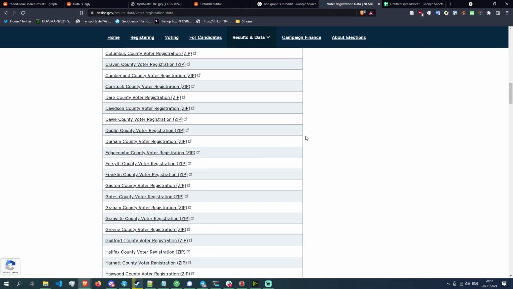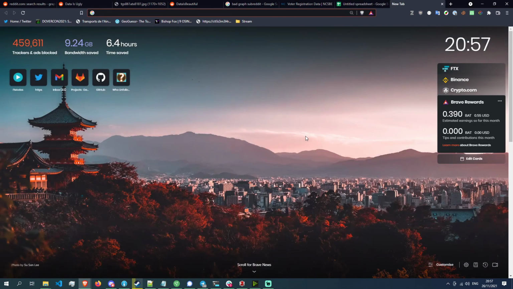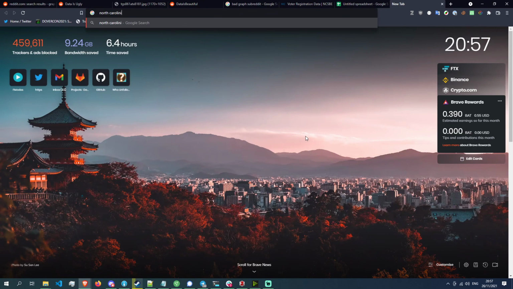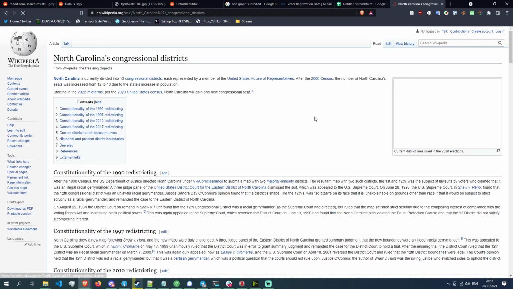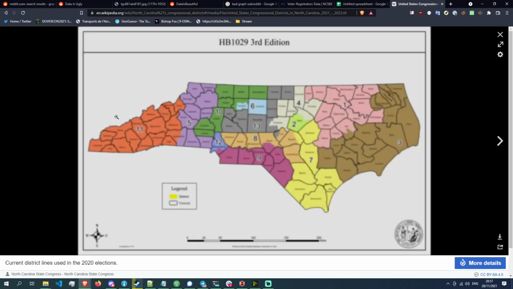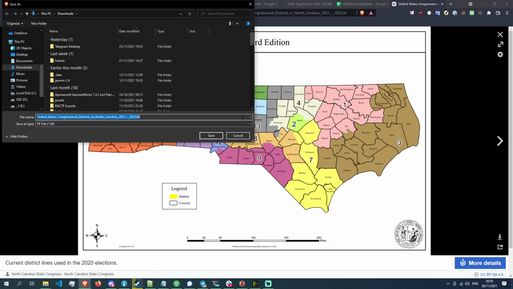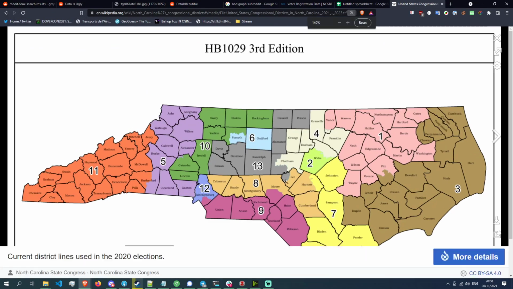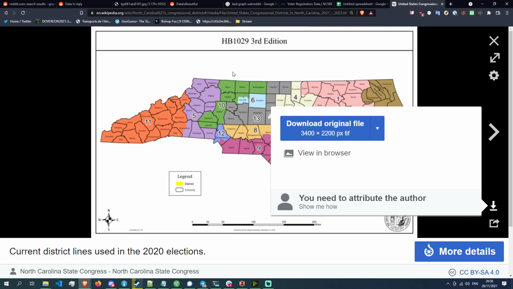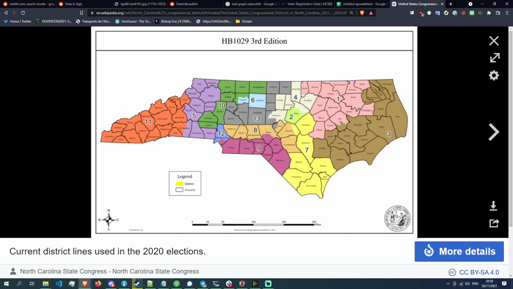So let's see also how voting districts work in the US. If we look at North Carolina and we look at districts, now this might be horribly boring, but this is actually what most state senators do, is they try to rig the districts in order to make their party more advantaged. So this is the map of